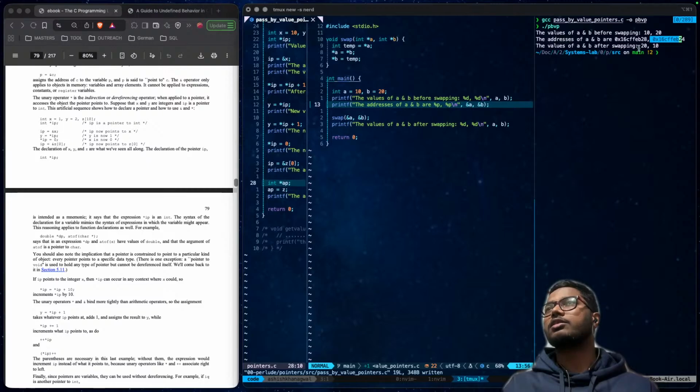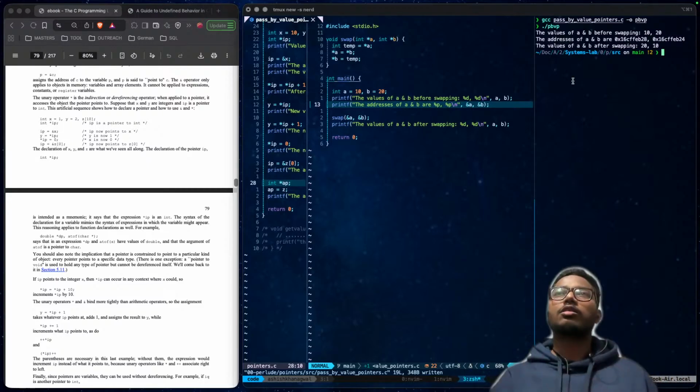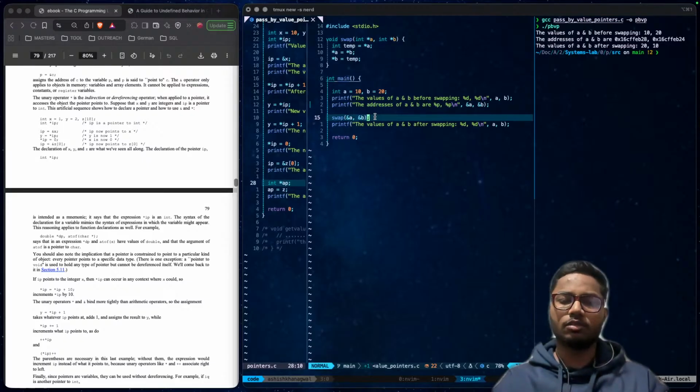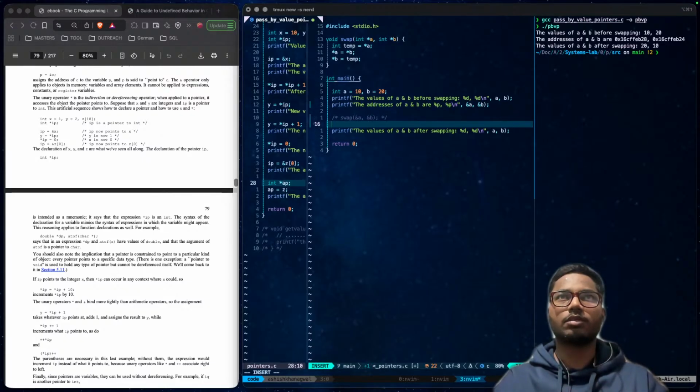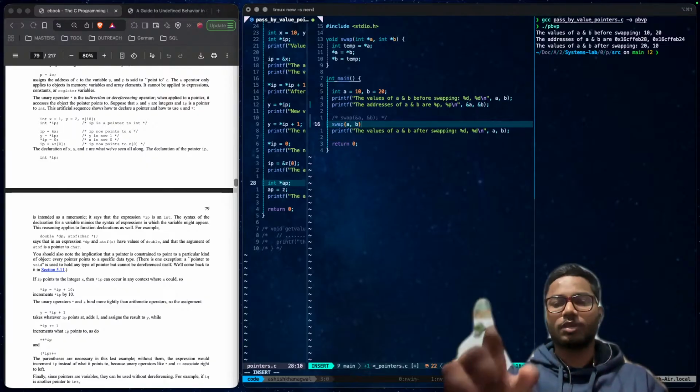Both are addresses, right? Now here we are passing the addresses. Let's see an example of what I am trying to say.